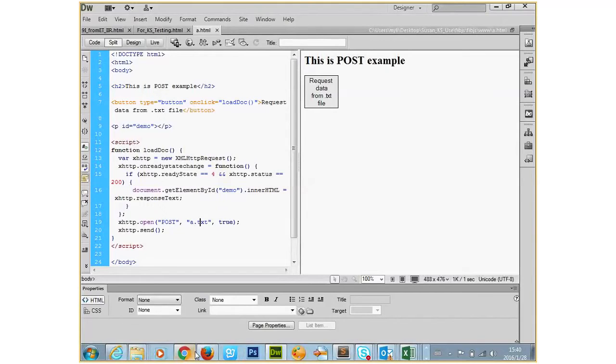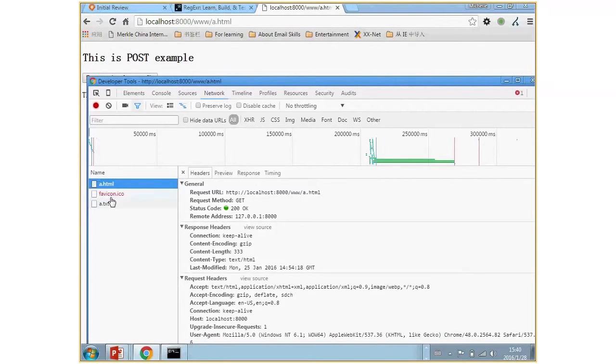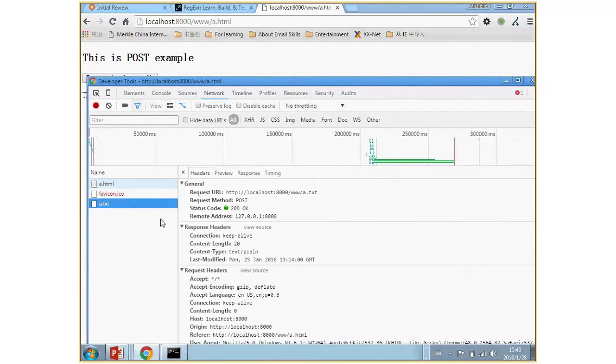Did I close the page? Yeah, we can see the request method is POST and much other information is also here, and the request URL is the location of the TXT file we are requesting. Okay, the last one I want to